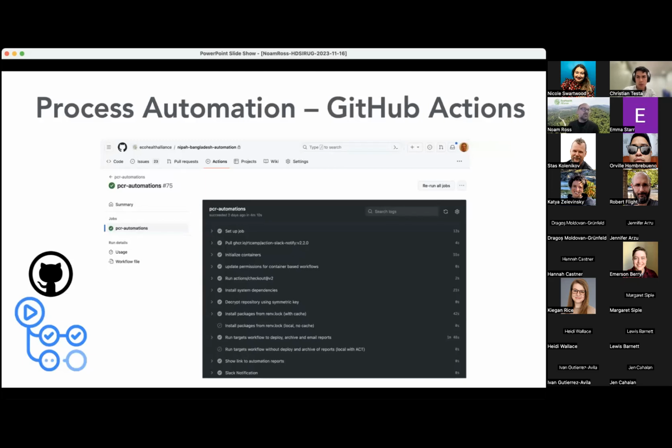Most of these things work with some type of process automation, and we use GitHub Actions as a common support for these workflow tools. Our GitHub Actions themselves tend to be simple because they don't handle sort of complex dependency graphs. Those complex dependency graphs are run by targets, but they let us run things